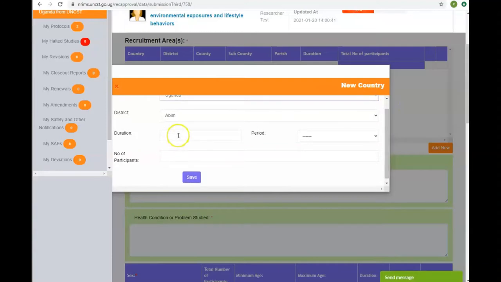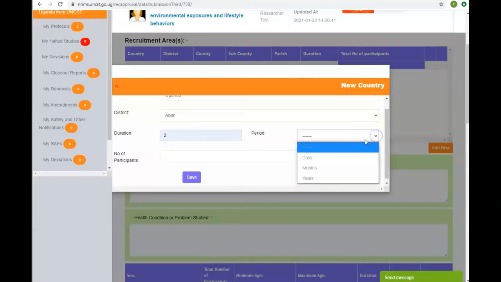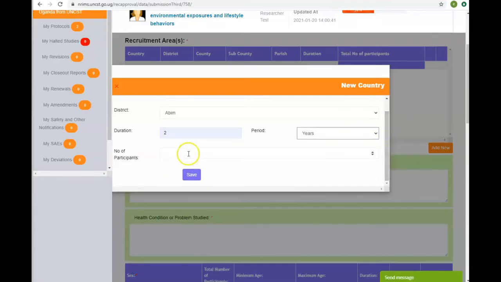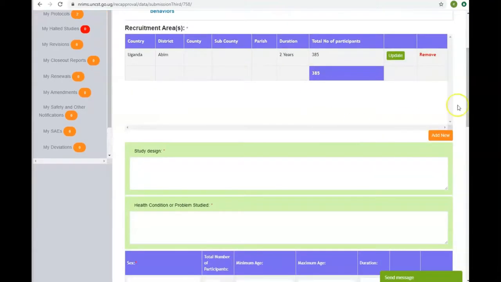The study duration, I anticipate it will be for 2 years, and I can choose the year period through this drop-down menu. I hope to recruit 385 participants, and to proceed, I'll click on the Save tab. You can add as many recruitment areas through this Add New tab, and then I'll provide information on study design,